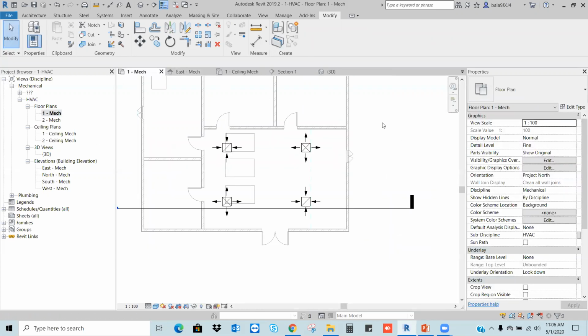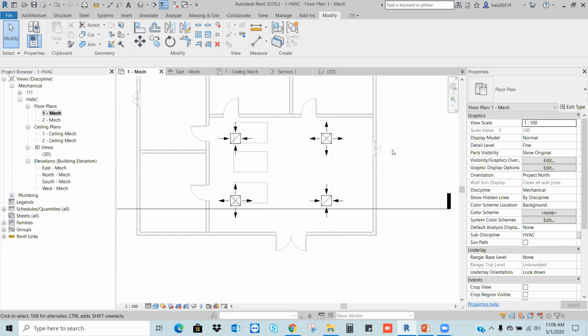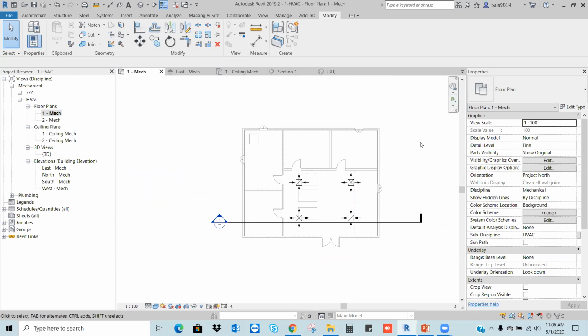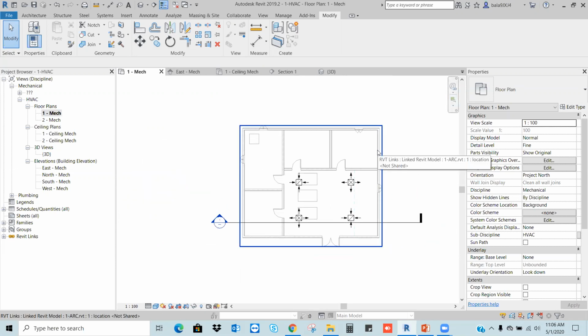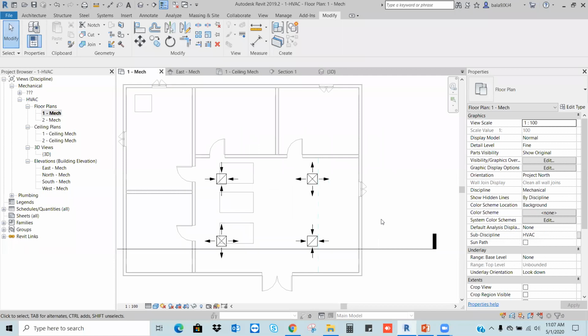Let's say now I want to connect my diffuser to the duct. Just remember carefully. When I move my mouse on this architecture model, it is always getting highlighted. Correct? So this is a disturbance for me. I want to avoid this kind of problem. What I do, I go down to the bottom right corner and block my links, so I cannot select it. It is always better to use this option. So now I will draw my duct.